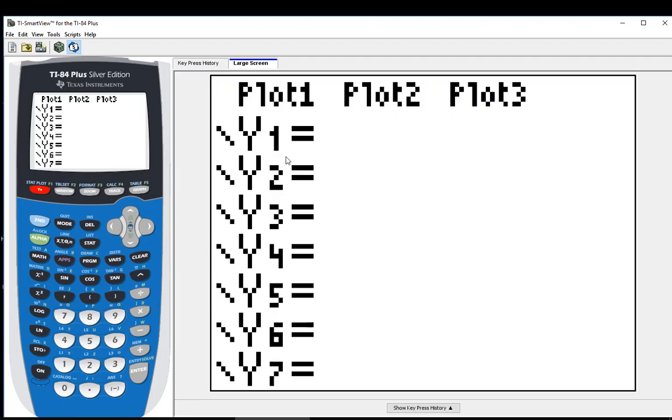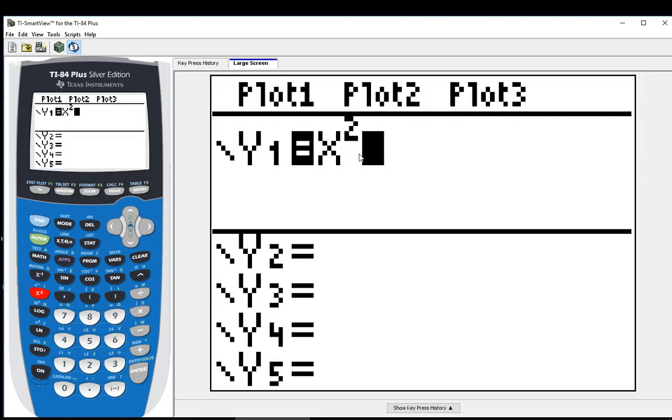So let's go ahead, and where it says Y1, I am just going to put in X and then squared, because we know that X squared means I'm going to take X and I'm going to multiply it to itself. So now that I have this input for my Y1, I can go to the table,